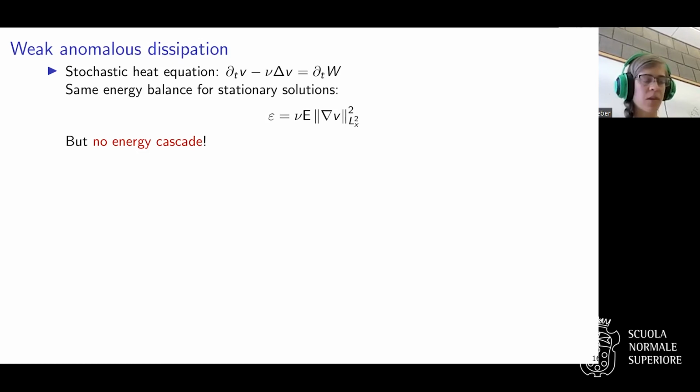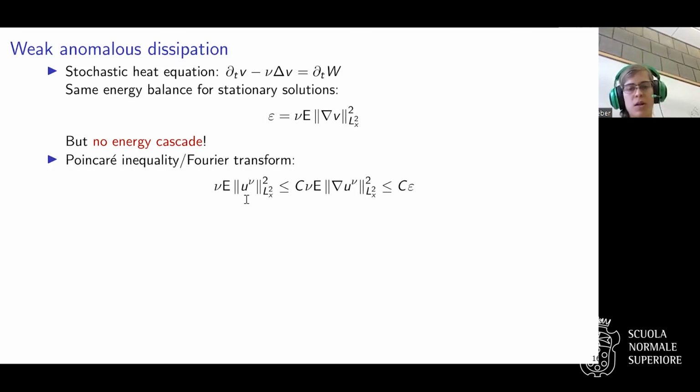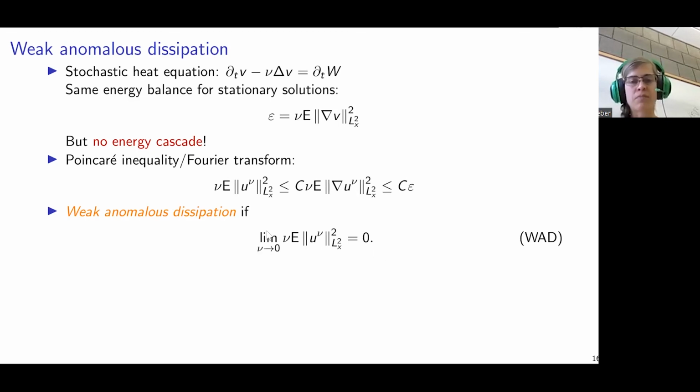So this may not be related to the nonlinear effects or say anything about what you need to derive the 4/5 law. As I said, if you use Poincaré's inequality, the expected value of the L2 norm of u is bounded by some constant depending on the domain times the expected value of the L2 norm of the gradient, which from the energy inequality is bounded by some constant. What we now call weak anomalous dissipation is if this quantity over here goes to 0 as nu goes to 0. For non-stationary solutions it would make sense that this goes to 0 because you have a bound on the energy of u, but because we have stationary solutions, we don't actually know. So we have to make this assumption.